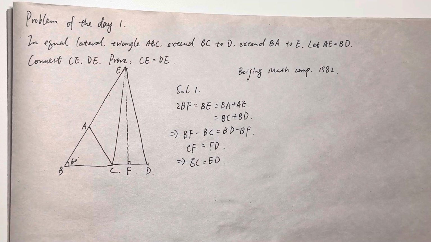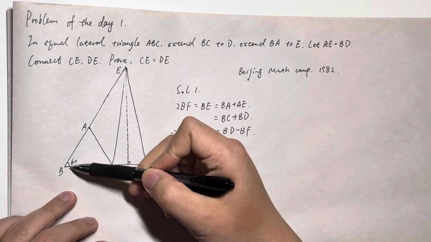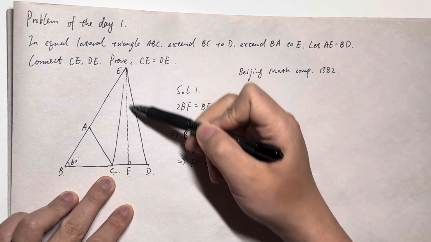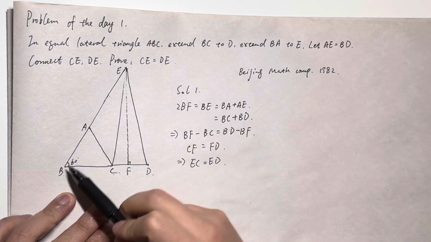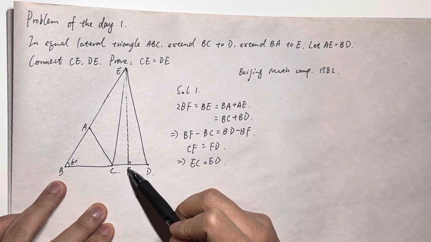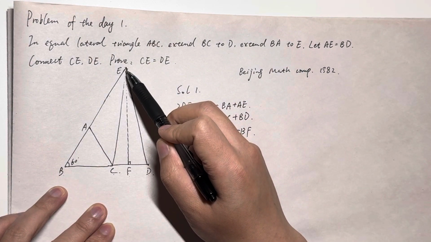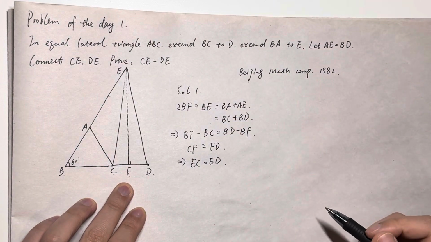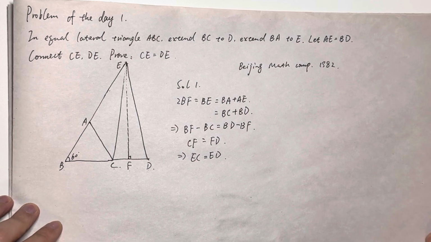I think that's a very straightforward way of thinking, because we have this 60-degree angle here, and we want to prove that CE equals DE. By drawing a perpendicular line here, we get a very specific triangle in which BF equals half of BE, right? And that helps a lot. So we do this auxiliary line. And we can have another solution,